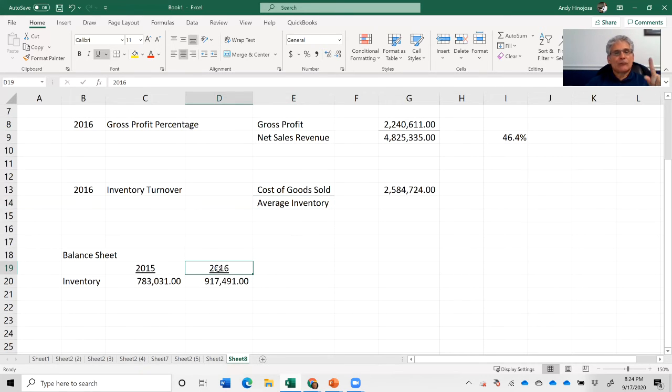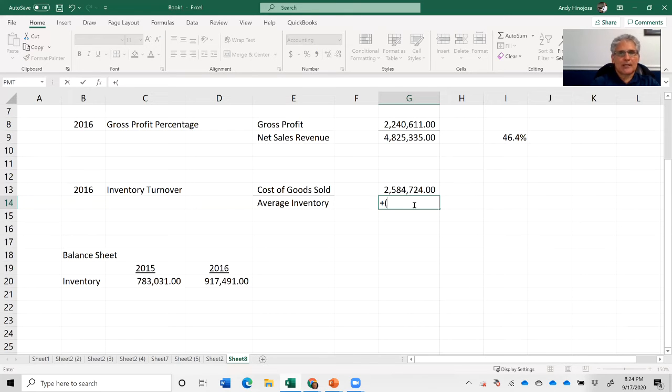So the beginning for 2016 is going to be equal to what the ending was for 2015. So this 2015 represents the beginning of 2016. So in other words, here's what I have to do. I have to then take my beginning plus my ending. I put these in parentheses because I want to make sure I do the order of operation correctly. These have to be added together first. That's why I have the parentheses. And then I'm going to divide that by 2. So we add those two together first. Whatever the result of that is I'm going to divide by 2. And that's going to give me